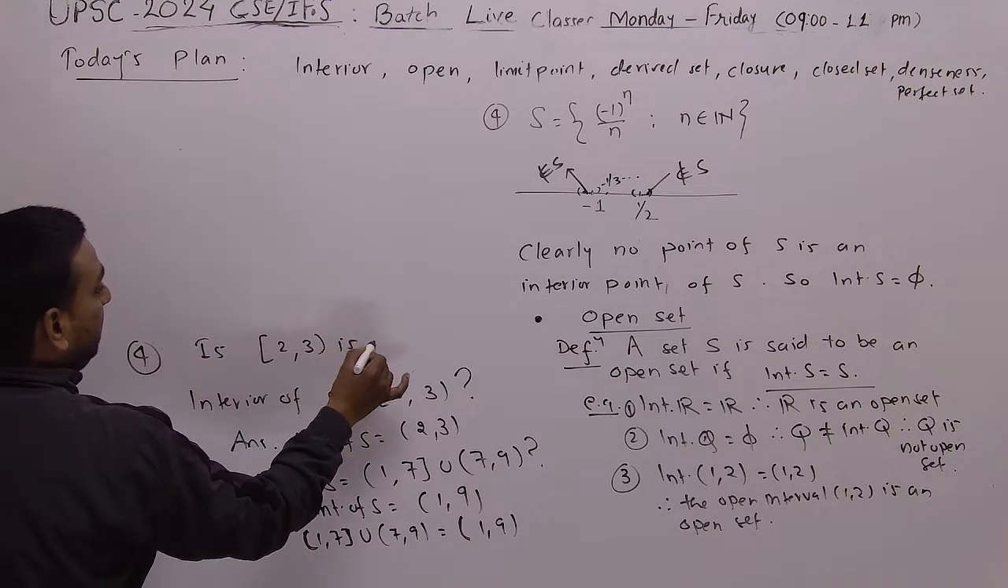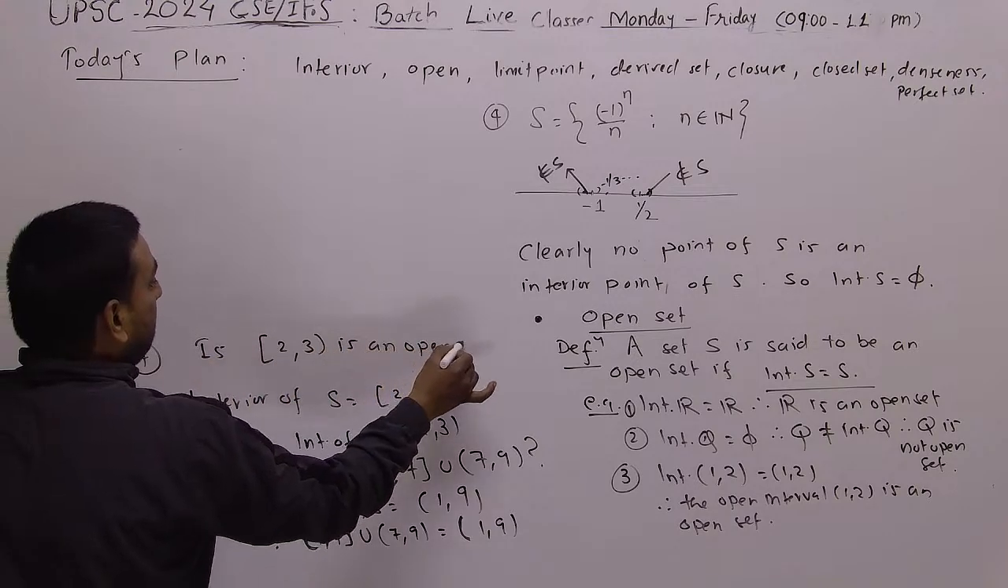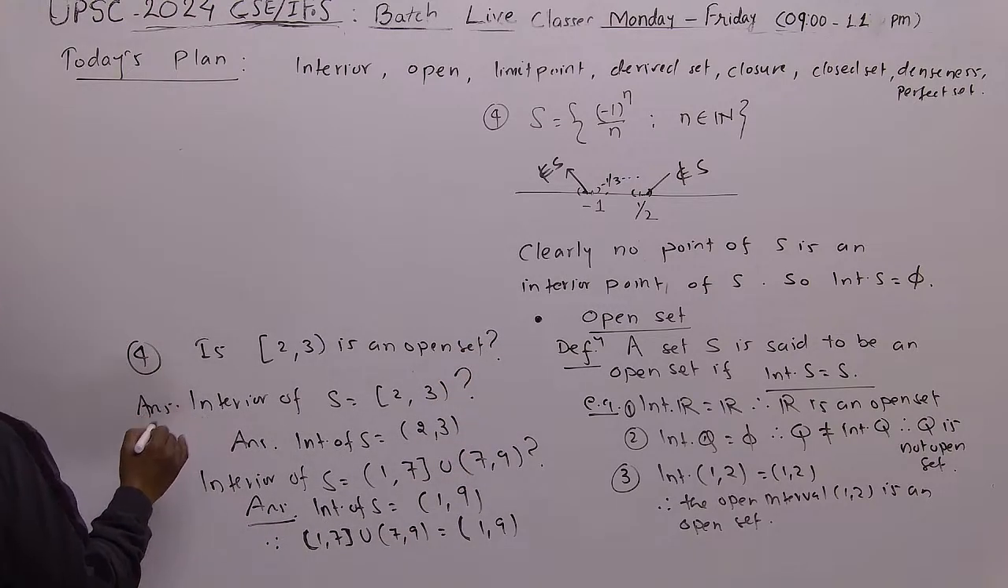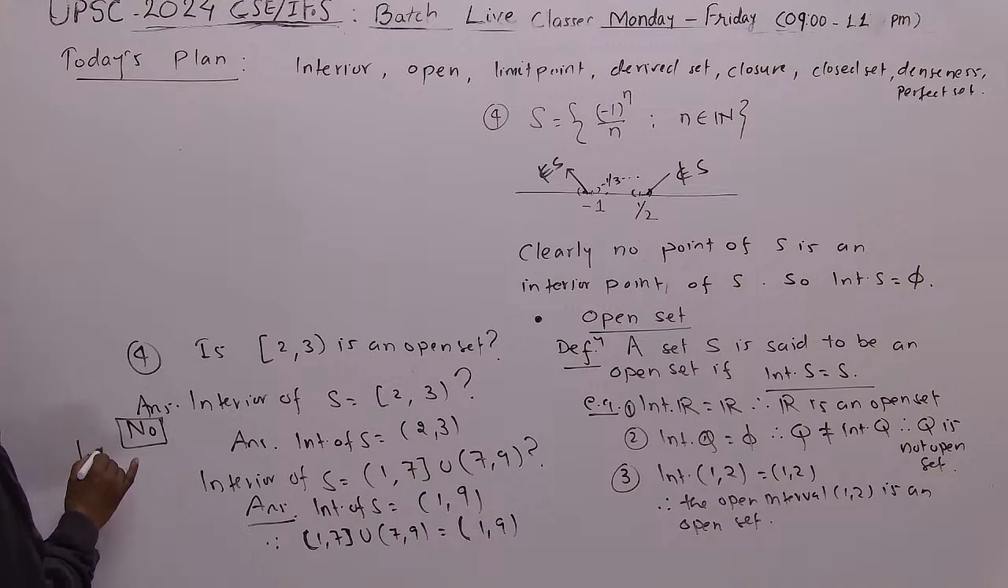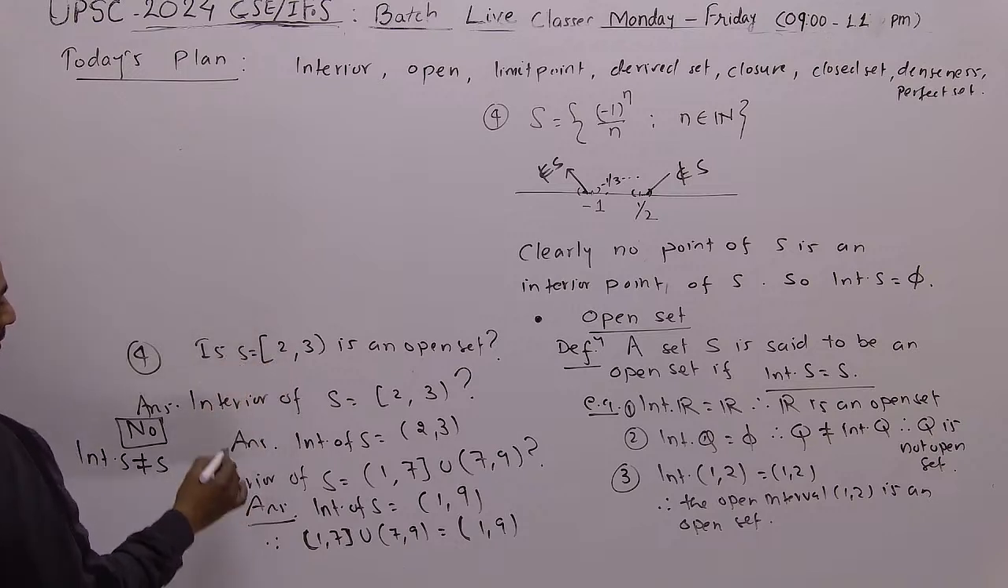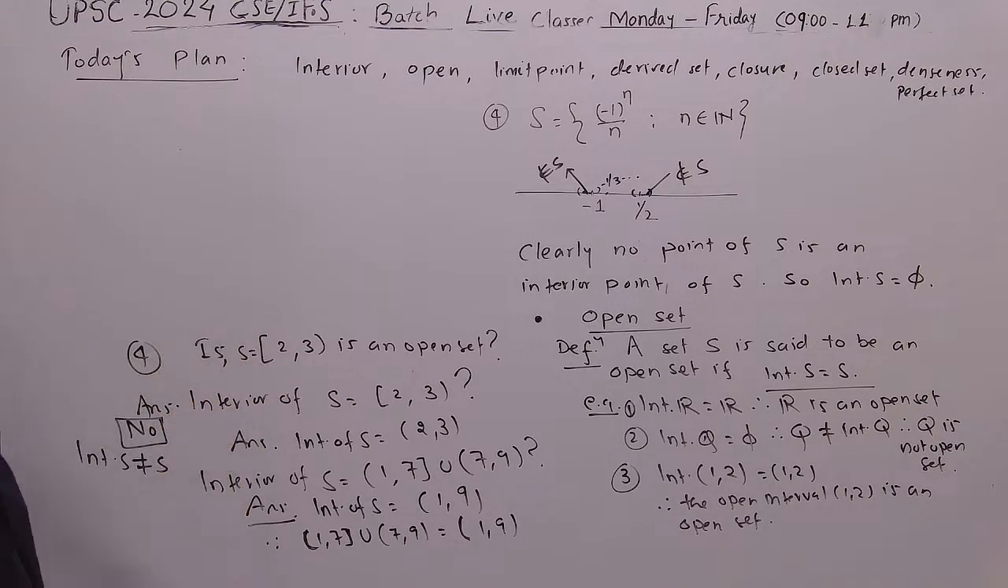2 comma 3 is an open set? That is your answer. No. Why? Because interior of S is not equal to S. This is a bit interesting. Again,